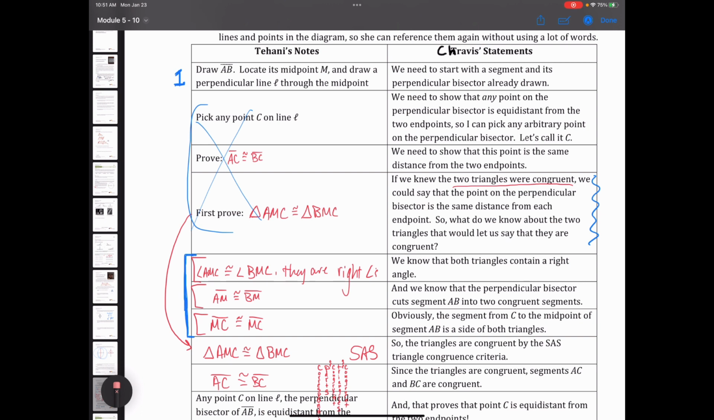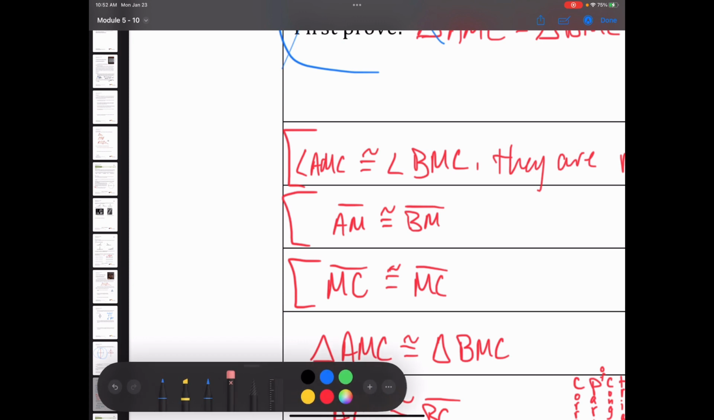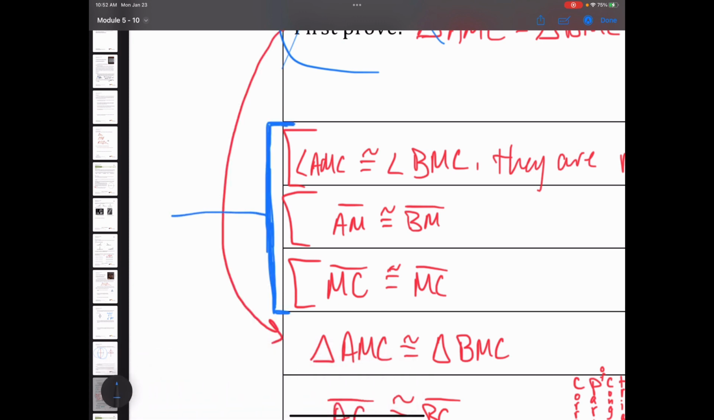What does it prove? It proves that triangle AMC is congruent to B. So we have to state those three things first, and then we can state that the triangles are congruent. What order we state those three things actually does not matter. Okay? I'm going to just say that these things are statements 2, 3, and 4, but that it does not matter. I'm making that big bracket to show it does not matter the order in which we